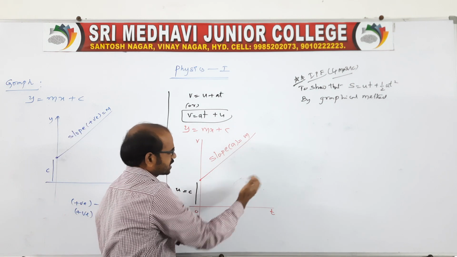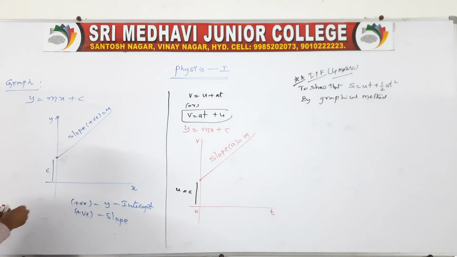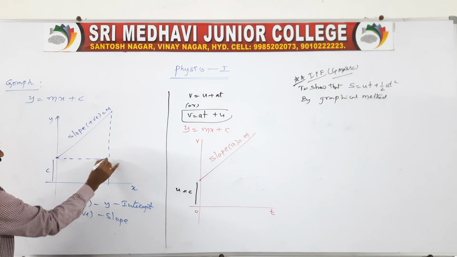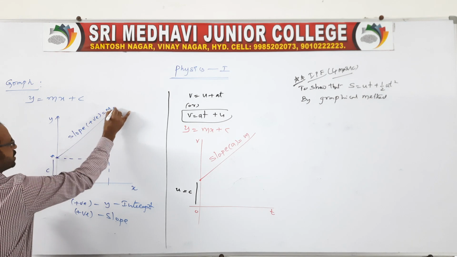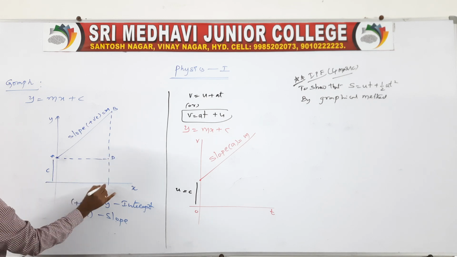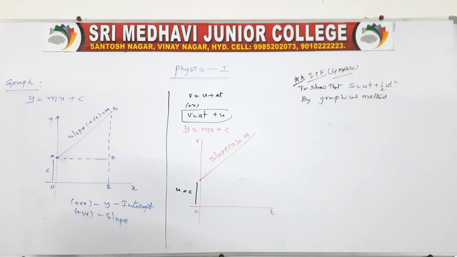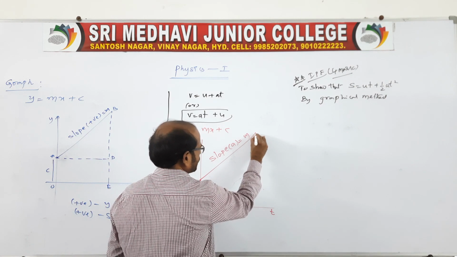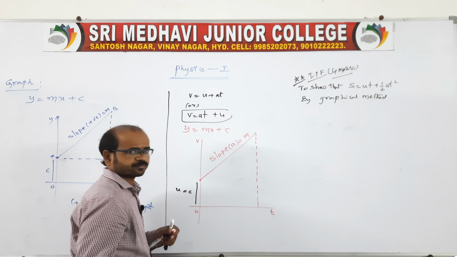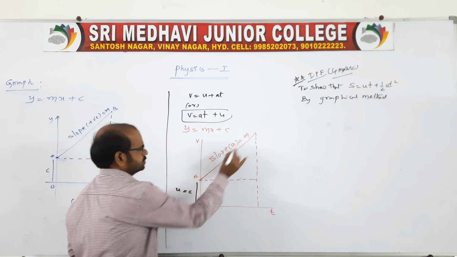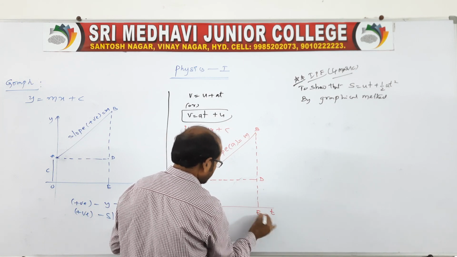Let us now construct one area. Here also we can extend one line, and from this point you extend like this onto the x-axis. You take it as A, B, right? It is the slope, no? You take like this, B, D, and it is E and O. So this is the area under the graph. Here also let us extend this point onto the x-axis, and from this point also you take an extension like this. It is O, A, B, D, E and O.